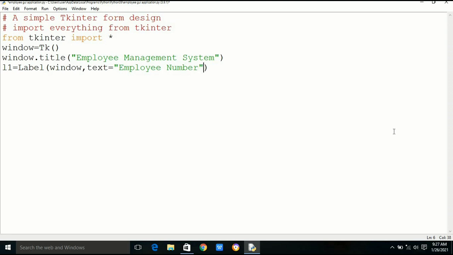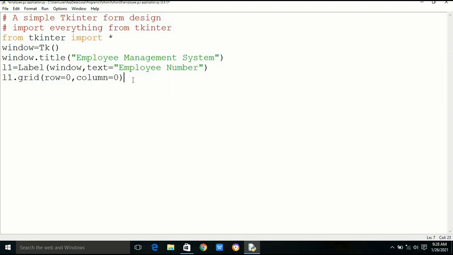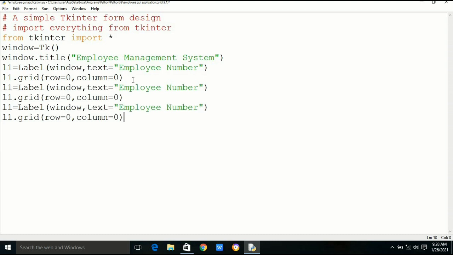We want to locate the first label in row 0 and column 0, and the heading is employee number. We want 4 labels. We can create 4 similar type of labels. We have to change the row and column number.